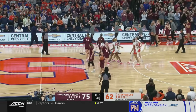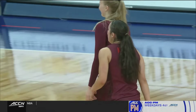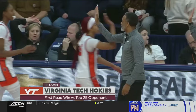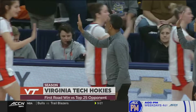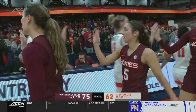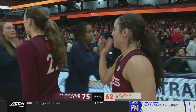It certainly was. Georgia Amoore with the ball, watches the clock wind down. 29 points for Georgia Amoore to lead all scorers. Had a huge game with 4 rebounds and 3 assists as well. Was not the day for the All-American Liz Kitley. But Virginia Tech gets their first road win against a top 25 opponent this season. Your final thoughts, Helen? Virginia Tech had some resilience today against some adversity, and Syracuse got to play against